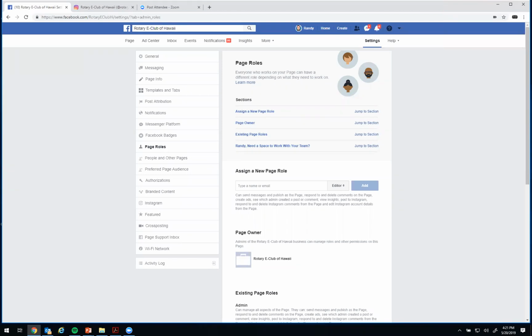If you end up needing to change your page to an owner, is it possible to move all the content to that new page, or how does that work? So ideally what happens, I did this with a corporate account before, is you can contact Facebook directly. It is a challenge. Ideally what they're going to do is verify corporate information, like what the business name is, and some people and the members.